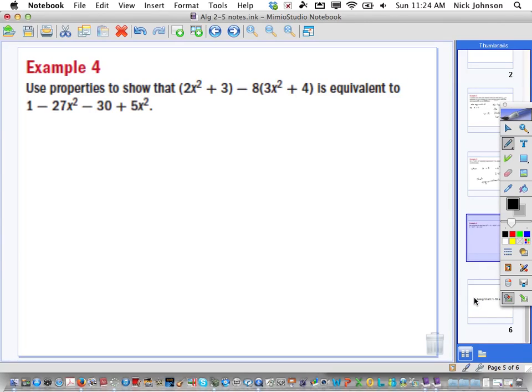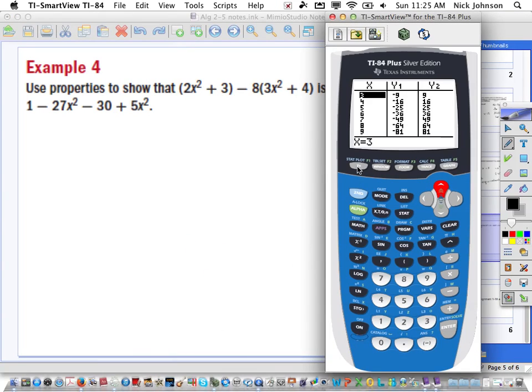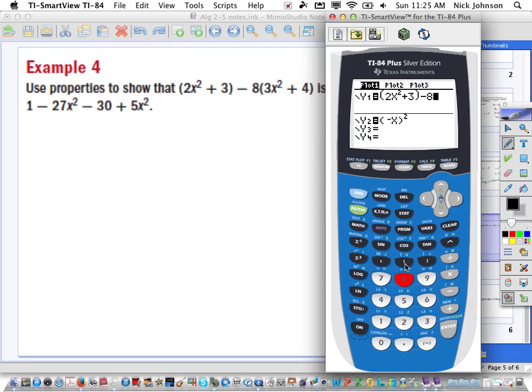Let's look at example 4. Use properties to show that these two things is equivalent to these two things, or that whole thing. So go to our calculator again. Y equals. You also have to be careful when you type this stuff in. So quantity 2x squared plus 3 minus 8 times the quantity 3x squared plus 4. Close the parentheses. My y2 is going to be